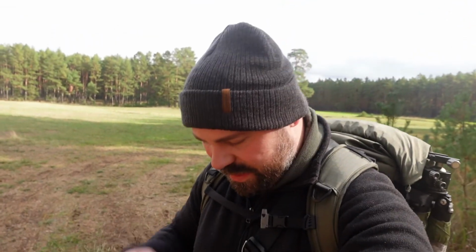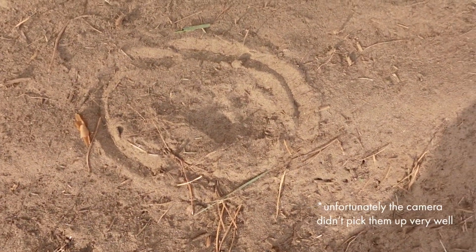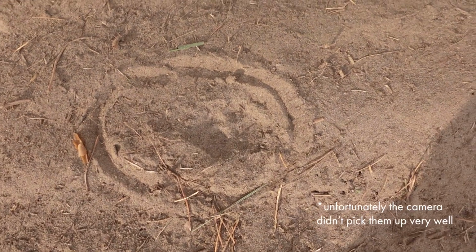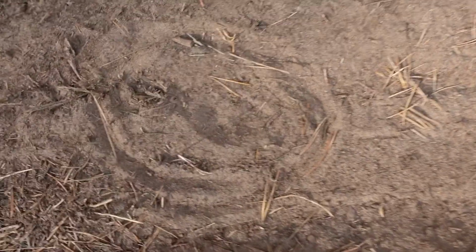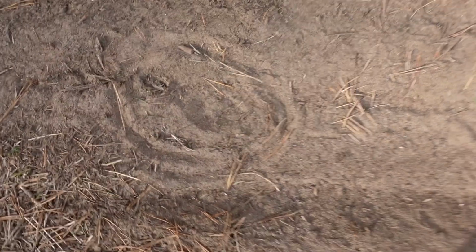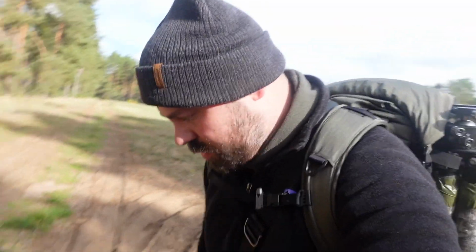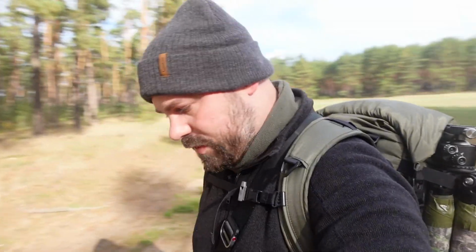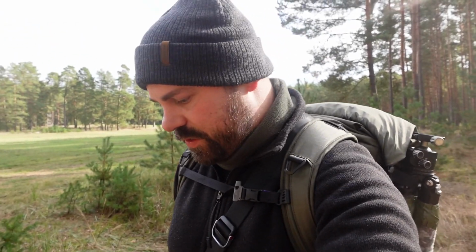Right now the sun came out and I thought I'd show it again. I've also marked it with a circle. Maybe it's more visible now. And I found another one just right here that also looks very similar. What do you think? Again, I'm not an expert. I've seen prints before, so as I said, there is a distinct oval shape,